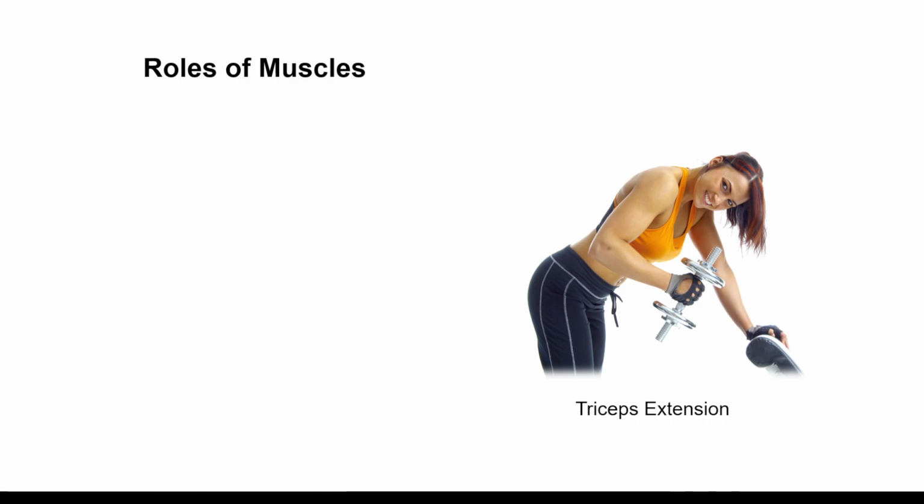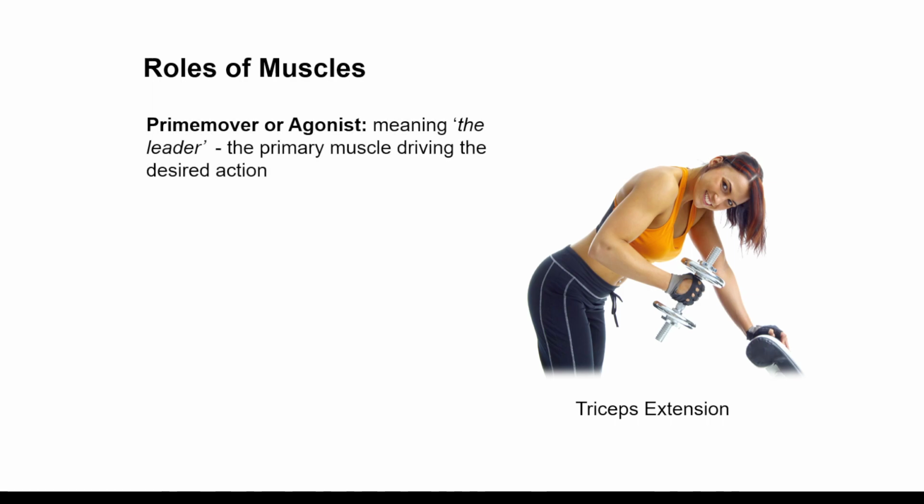Then we've got the roles of the muscles now. So one thing to note is this refers to both, and in your exams sometimes they'll refer to it as a prime mover, sometimes they'll use the word agonist. You just need to know they're exactly the same thing. So the agonist is the main muscle working in that exercise. So in a tricep extension, the agonist is going to be the tricep,